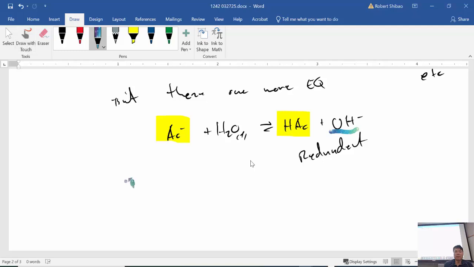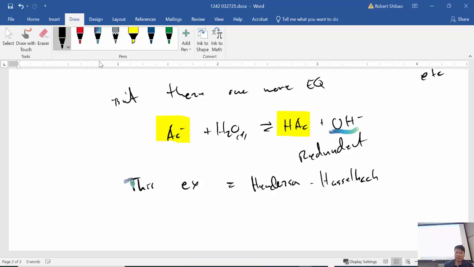This common ion problem, the second common ion example, this example equals what we call a Henderson-Hasselbalch buffer. Henderson-Hasselbalch buffers have the form of this. It's going to be a mixture of